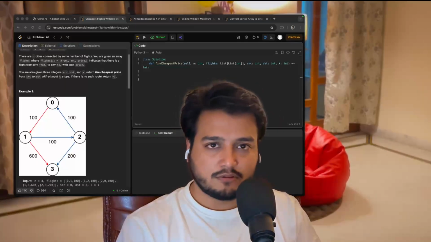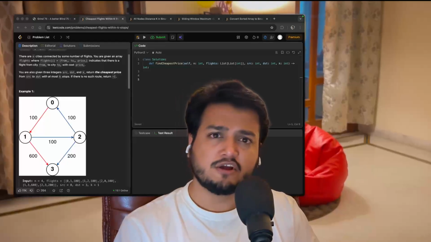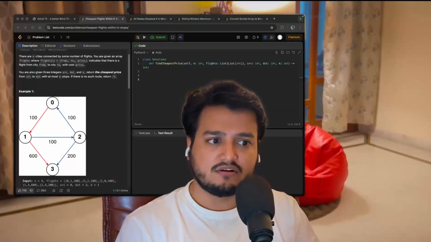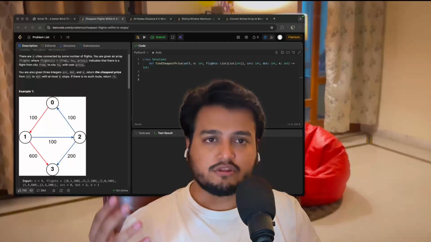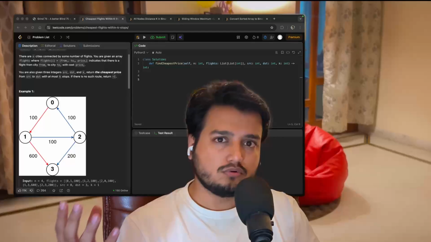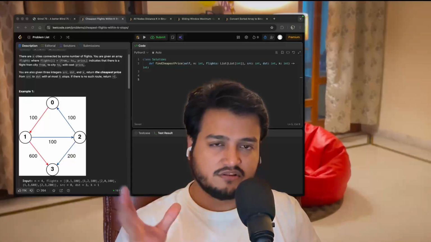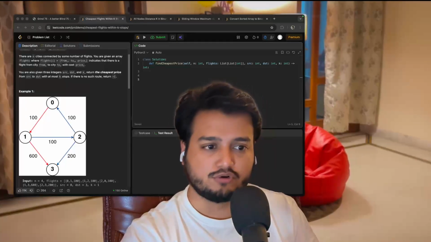I have been working as a software engineer and an AI developer for a few years now, and there is something I have always felt throughout my journey: the gap between theory and real, intuitive, practical understanding. A lot of content out there is either too theoretical or it is too surface level. There needs to be something in between, and that's the gap that I have found, and that's the reason I'm going to start this channel.